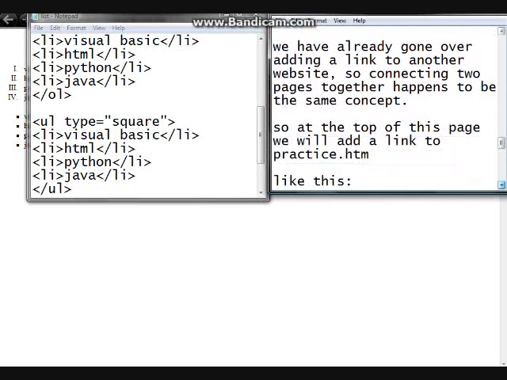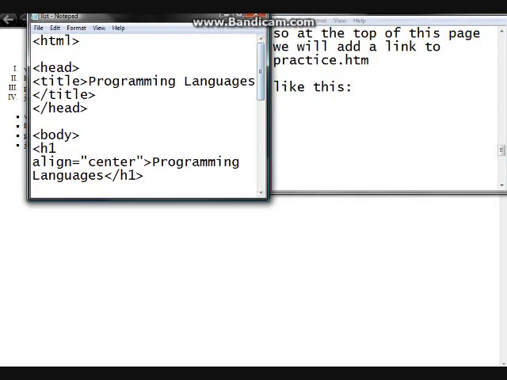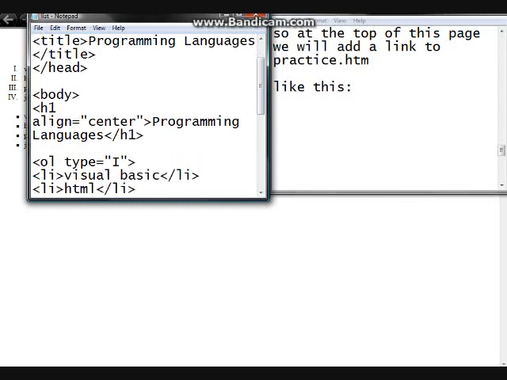So at the top of this page, we will add a link to practice.htm. So we're going to go up to the top, and not up this far, but just below the H1, and we'll do a href equals, and then as long as you have the next HTML document in the same folder, you can do it like this. But if it's in a different folder, you have to make a path. But mine's in the same folder, so I'm going to go ahead and do